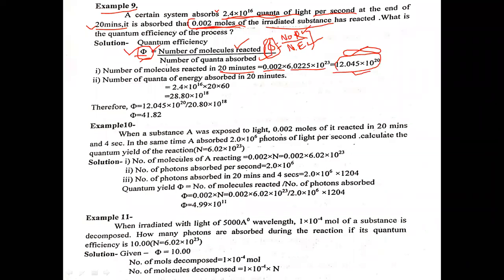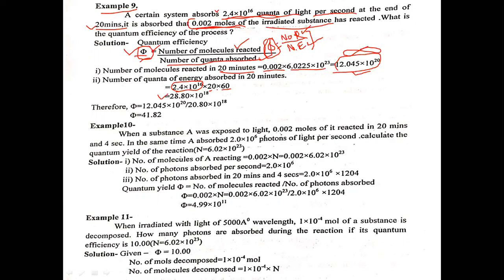आता नेक्स्ट गोष्ट काढायची आपल्याला इथे क्वांटा ऍब्सॉर्ब. ओके, सो दे आर गिवन दिस 2.4 इंटू 10⁻16 पर सेकंड, एवढं ऍब्सॉर्प्शन केलं पर सेकंडला. बट रिएक्शन ऍट 20 मिनिट है ना, मग 20 इंटू 60 करायला लागेल. एका मिनिटामध्ये 60 सेकंद आहे म्हणून 20 मिनिट इंटू 60 सेकंद मध्ये कन्वर्ट होईल. ओके, म्हणजे एका सेकंदला जर एवढी एनर्जी असेल तर 20 मिनिटाचे 1200 सेकंड बनतात, तेवढ्या सेकंदला किती ऍब्सॉर्प्शन होईल, तर किती ऍब्सॉर्प्शन झालंय